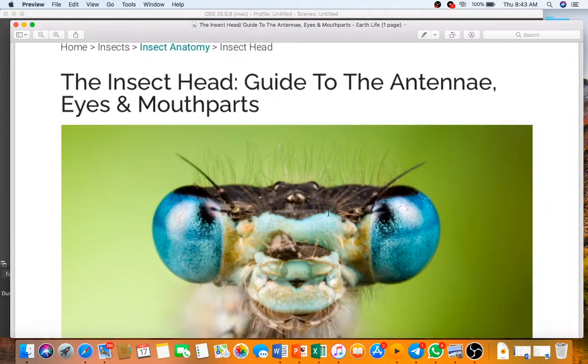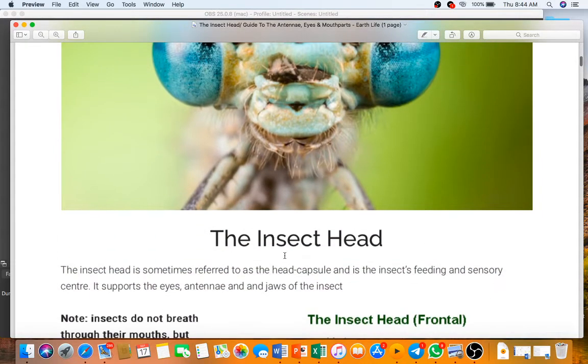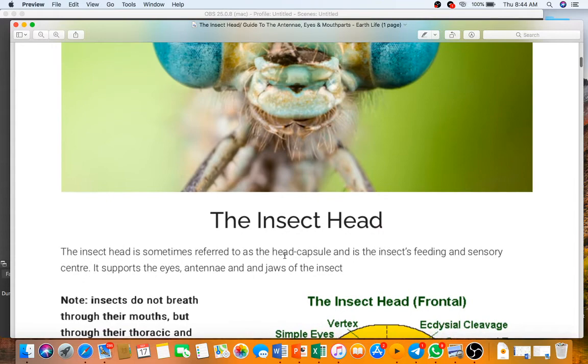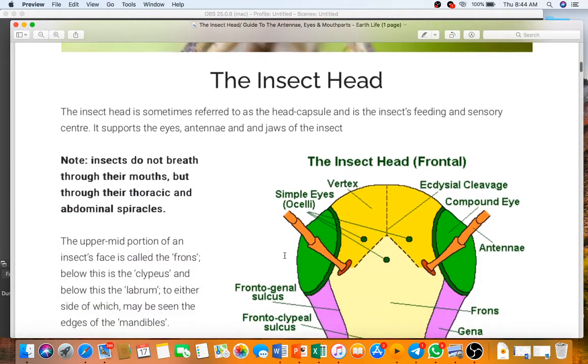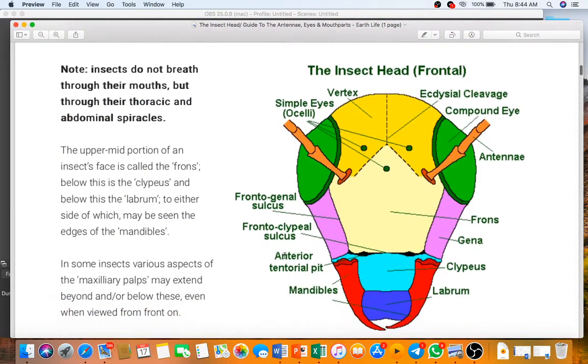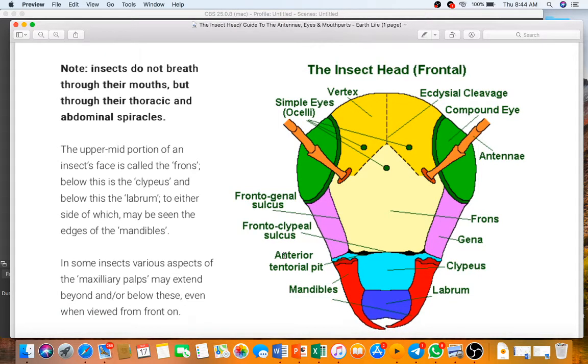Hello student, we are going to study about insect head, in which we will study about antenna, eyes and mouth parts of the insect. As we see in this figure, this is insect head and this is the diagram of insect head,